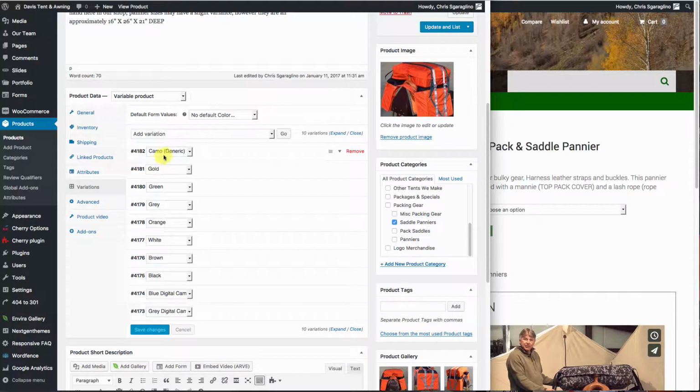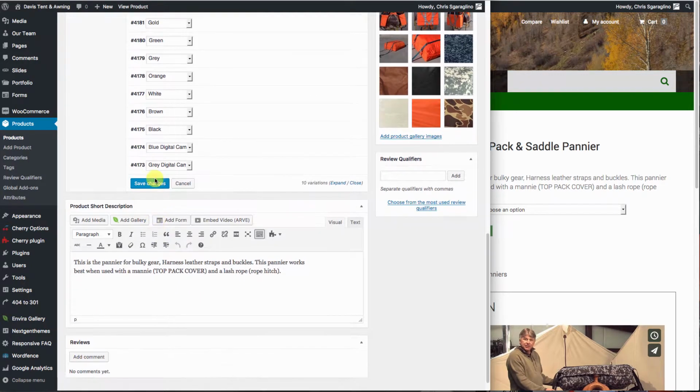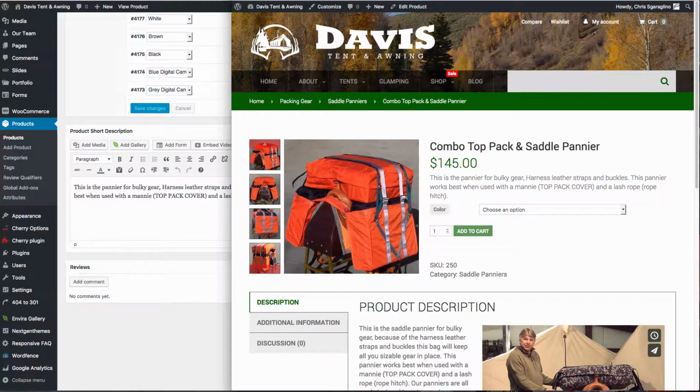There's a couple of things we can do. If it's never going to be made in camo, we can remove this variation altogether and not even use it. But if it is made in camo and it's just not available currently, we can come down here and we can tell it it's not in stock. So if we put out of stock right now and we hit save changes, when we come back and look at the options,